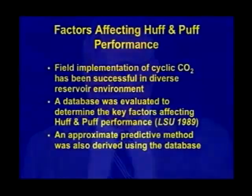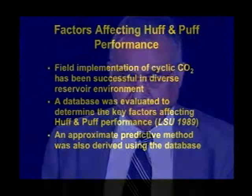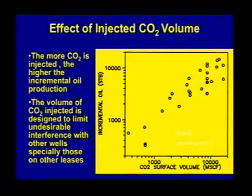Field implementation of cyclic CO2 has been successful in diverse reservoir environments. A database was created and was evaluated by LSU researchers to determine the key factors affecting the performance of the Huff and Puff process, and also to define an approximate, simple, predictive method that we can use to evaluate the process. This graph clearly shows that the incremental oil